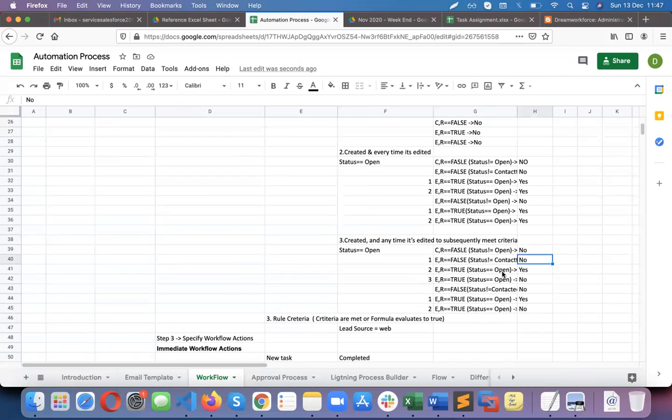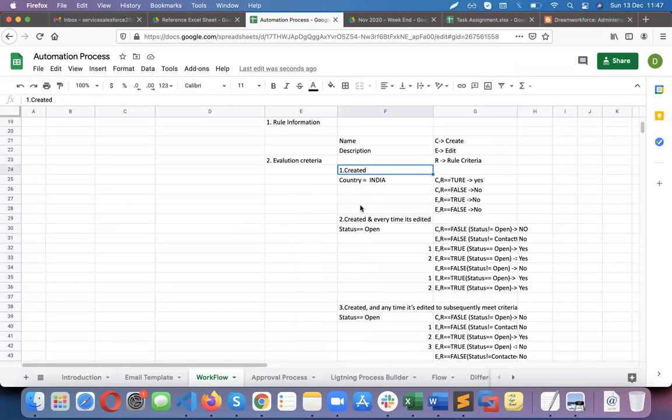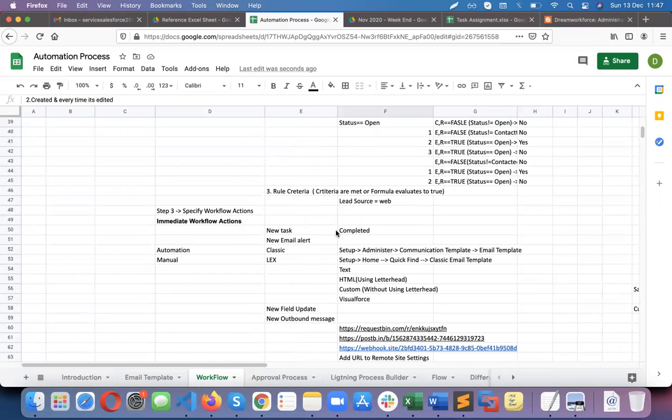So basically, once it's met, the next edit won't fire until you change it. If you're not changing it, it won't fire. If you change the status to something else and change back to open, then it will fire. Most of the time we will use the third condition, if you need more updates, or we will use the first. The second is very rare because it will fire every time, so we need to be very careful. Okay, so that's for the task.